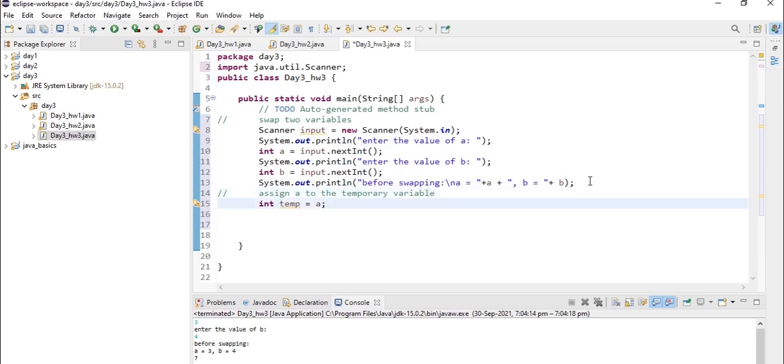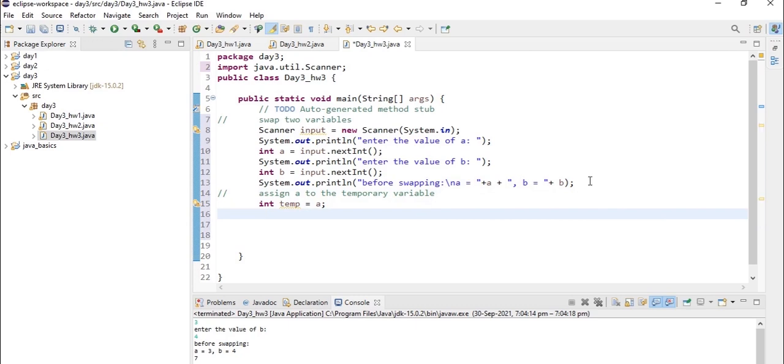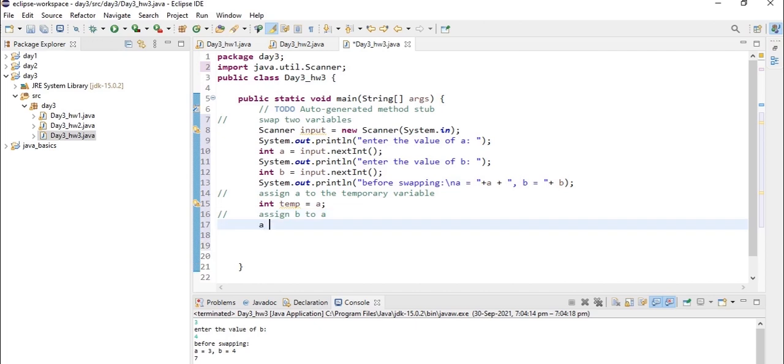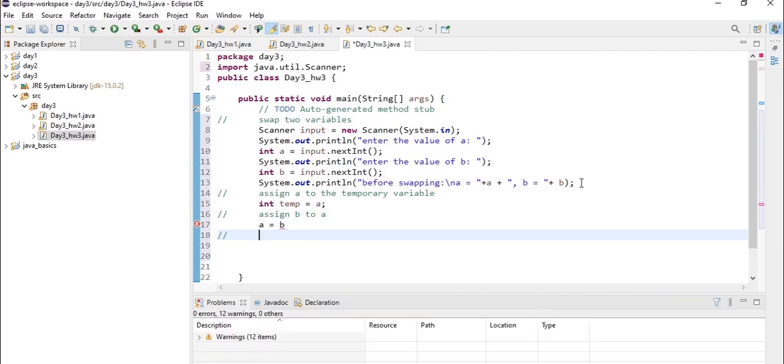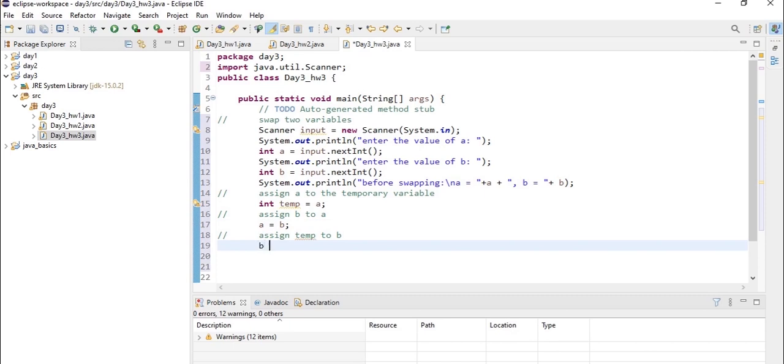The second step we have to do is to assign b to a, that is a is equal to b. And the third step is to assign the temporary variable to b, that is assign temp to b, that is b is equal to temp.